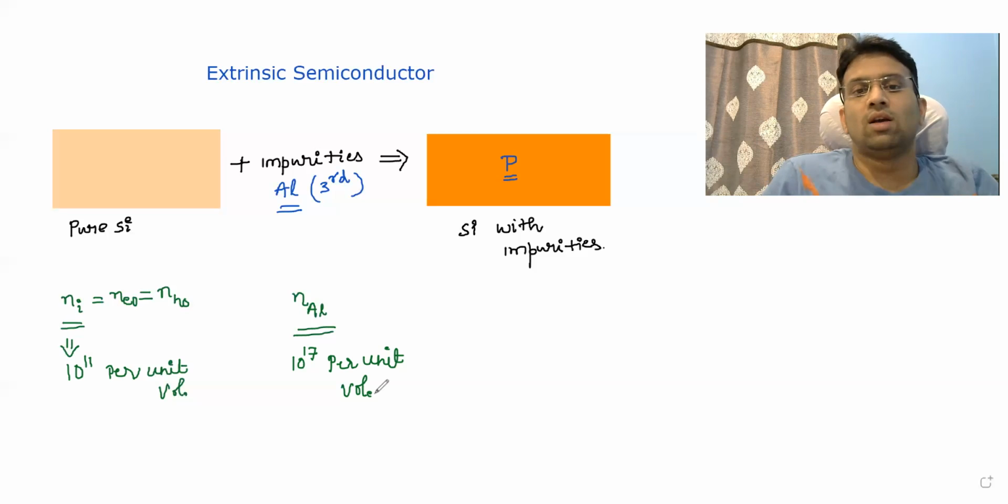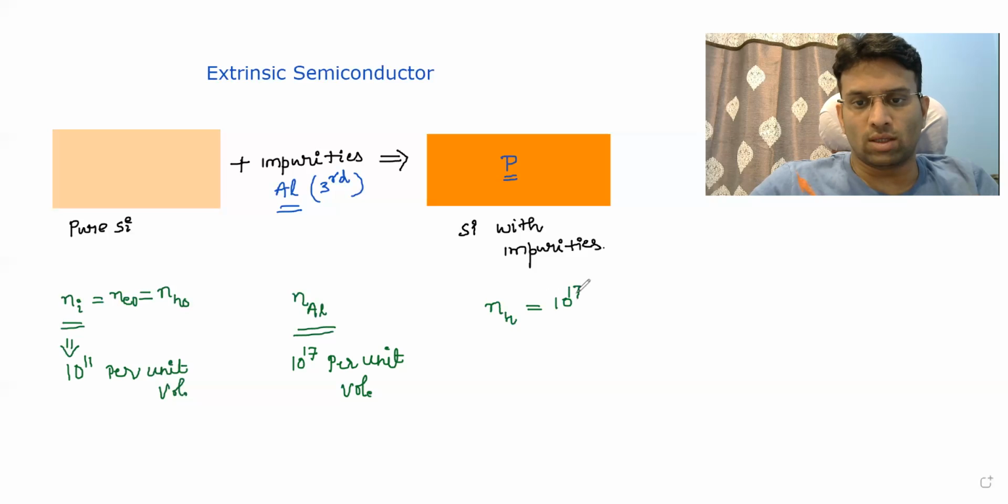So accordingly, it's common sense to say that the number of holes in the final block will be 10 to the power of 17. You can say almost equal, or you can say equal. There is nothing wrong in that. Okay. Now,